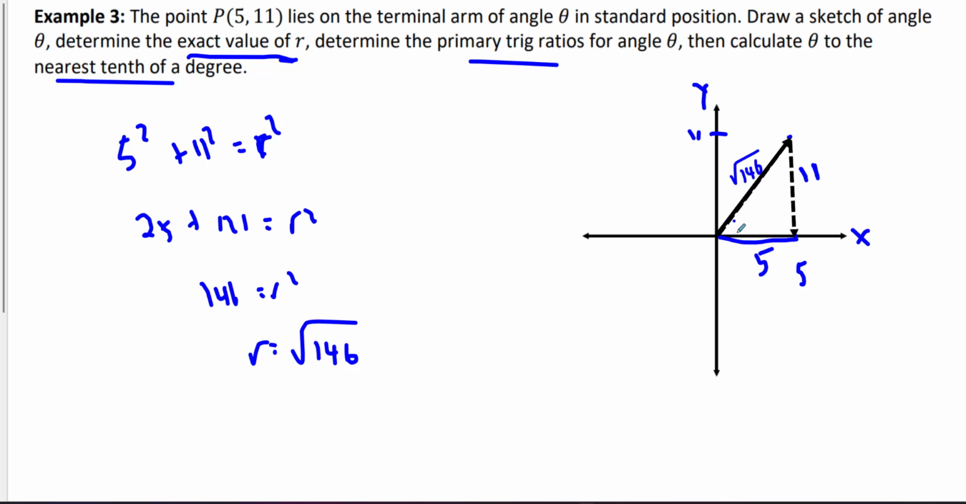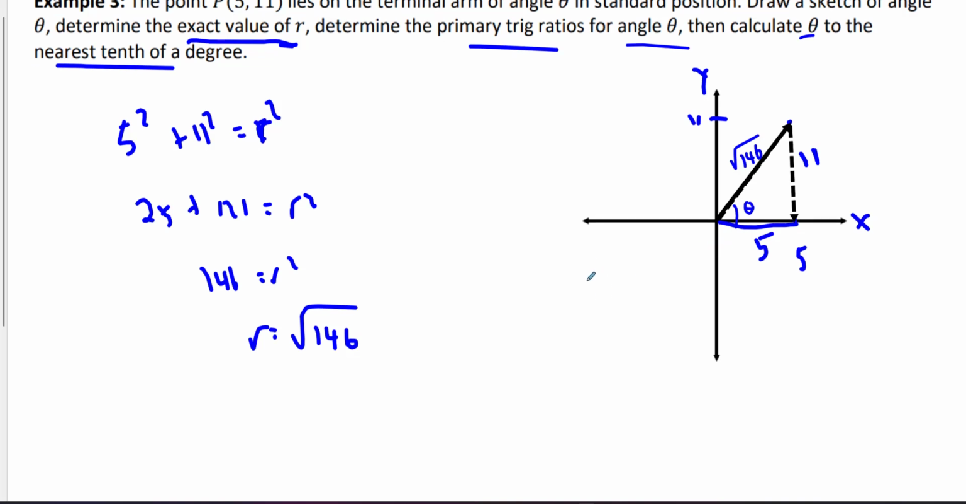146. Remember, this is our angle here, beta, or technically it's also theta in this case because it's quadrant 1. But now they're asking for the primary trig ratios for angle theta. So since this is also theta because it's quadrant 1, we could just write